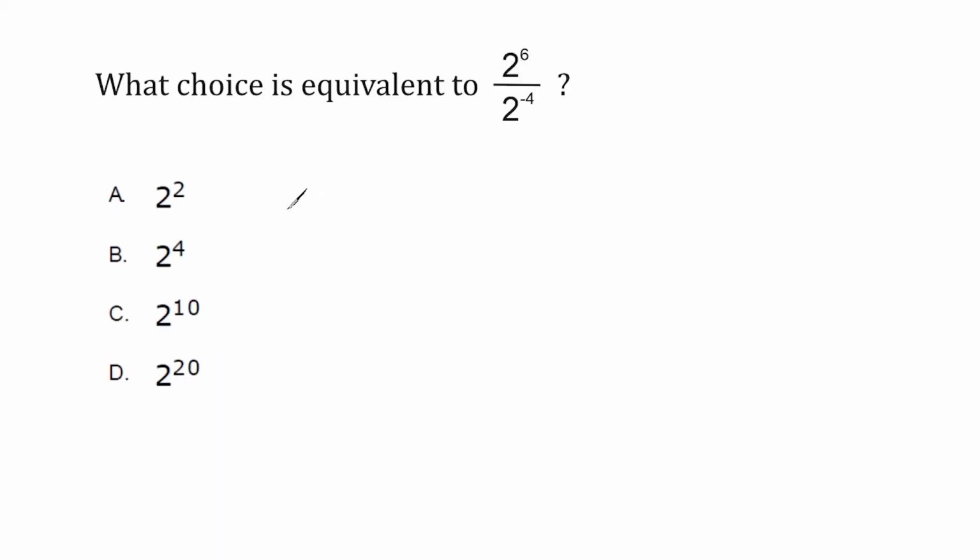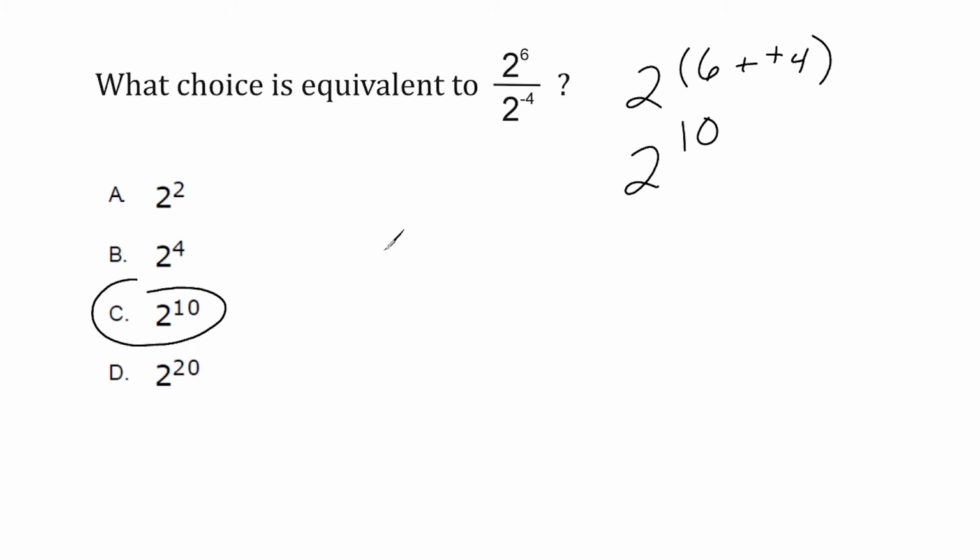All right, we have to determine which of these 4 choices is equivalent to this expression right here. Now remember, when working with exponential expressions that have the same base, you can just take the exponent at the top and subtract the exponent at the bottom. So we have to take 6 and subtract from it negative 4. Now remember, when subtracting a negative, or when you have 2 consecutive negatives, the rule is you have to turn that positive. So what we end up with here is 2 to the 10th power,